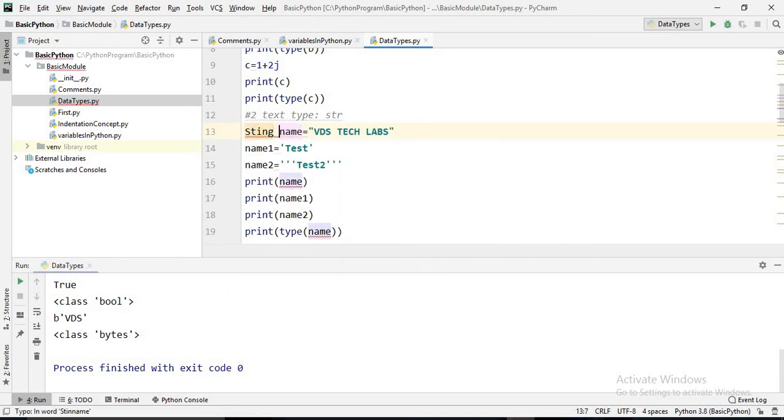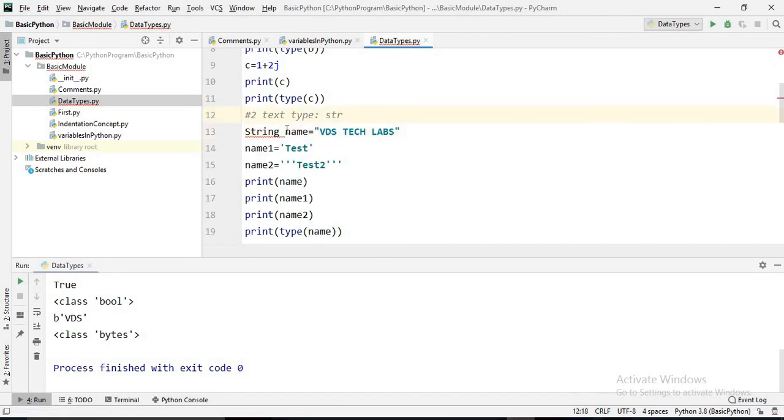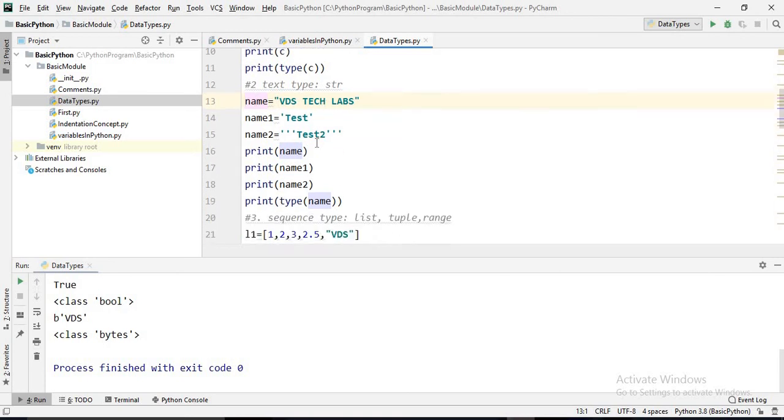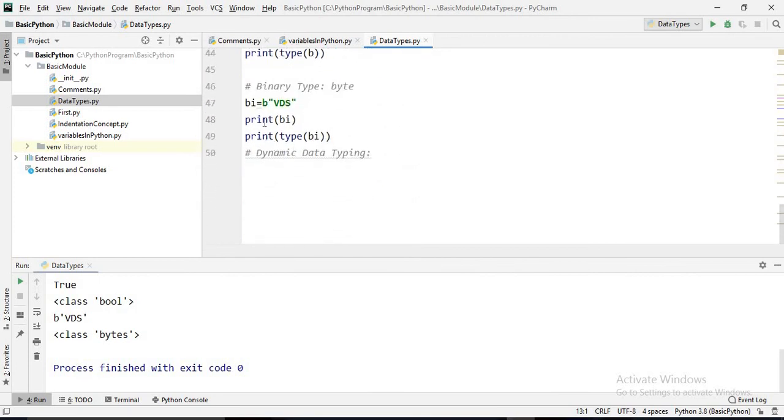So who is going to maintain this? This is dynamic typing.